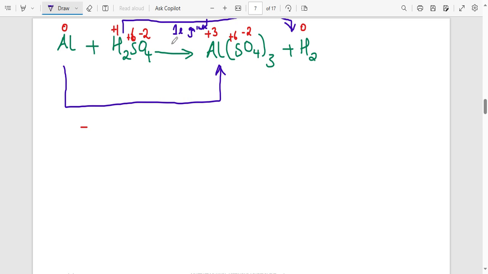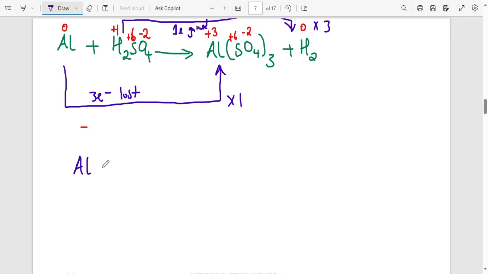Reduction is gain of electrons. So for aluminium, from 0 to positive 3, there's an increase in oxidation number, and increase in oxidation number is oxidation. So 3 electrons have been lost. So we are supposed to swap these numbers, so multiply this equation by 1, and multiply the equation on top by 3. So if I multiply the equation which is down here by 1, what we are going to have is